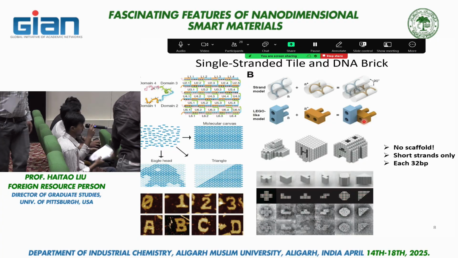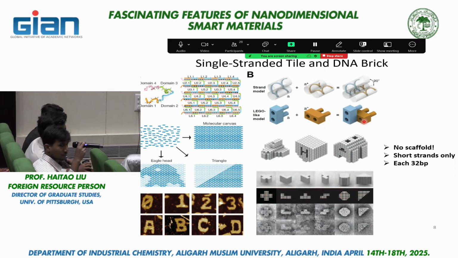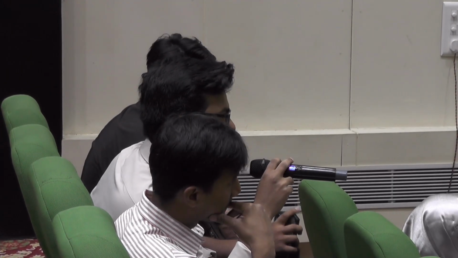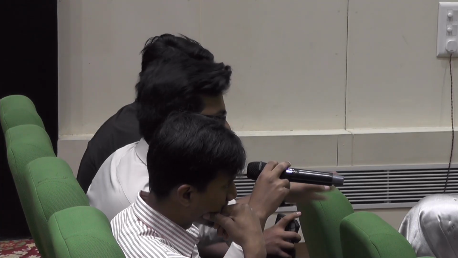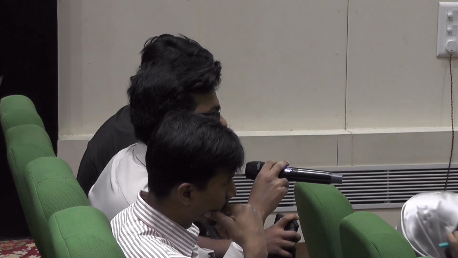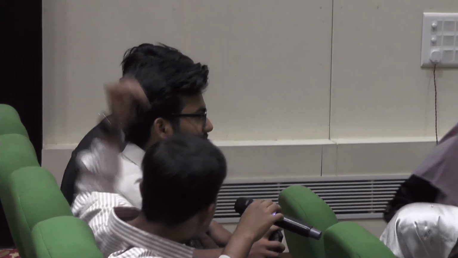Sir, my first question is, what parameters are involved which regulate their shapes? And the other question is, what about other biomolecules which are also available now? RNA biology is taking place. So, sir, have you tried RNA as a molecule in nanotechnology? I think the first question is what parameters are involved in designing a shape? Yes, sir. Okay, so